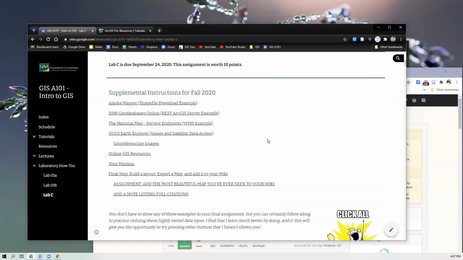So we'll start out with a general discussion. Some of these resources are places where you can download files just like the files that we've been using, but some of them use online servers. I find if I can find an ArcGIS server or a web map server or a web feature server, those tend to be kind of the best setup for me,